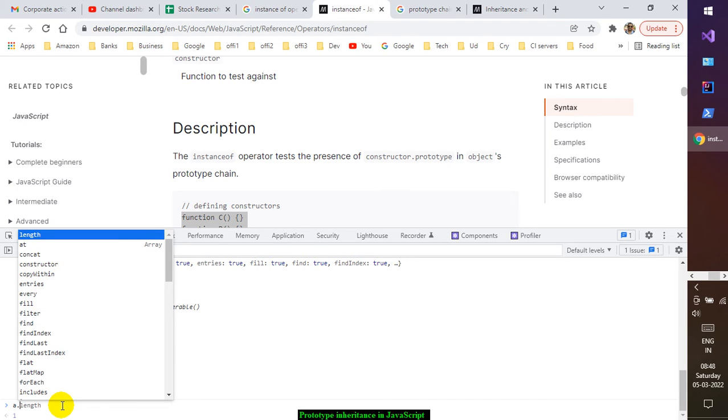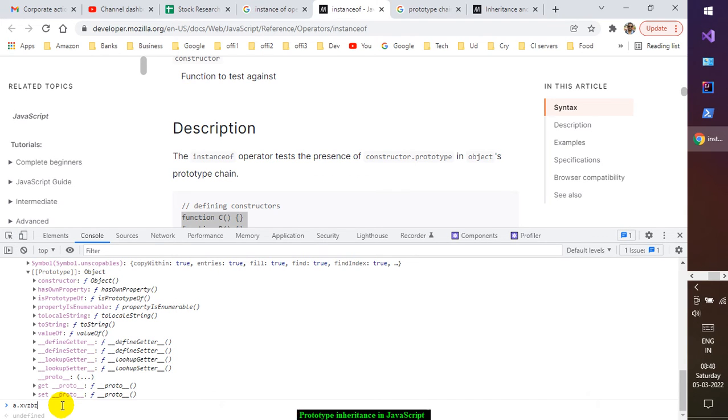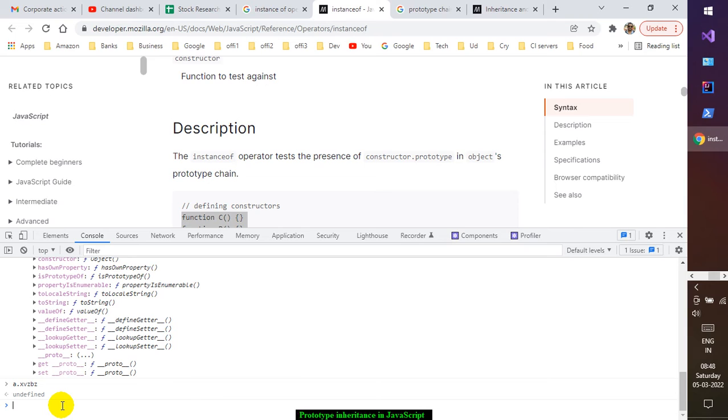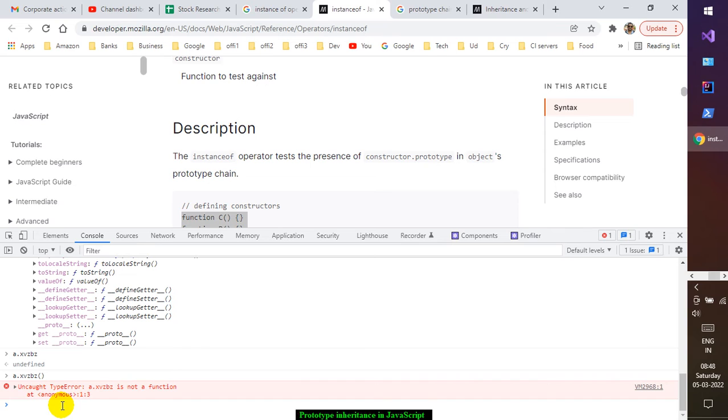So try to access some property x, y, z, whatever, and you can see it is saying undefined. Or if you try to access a function or method, it is saying that it is not a function, type error. Why this error is coming is because it followed the prototype chain, and all over the prototype chain nowhere it found this particular function, and that's why